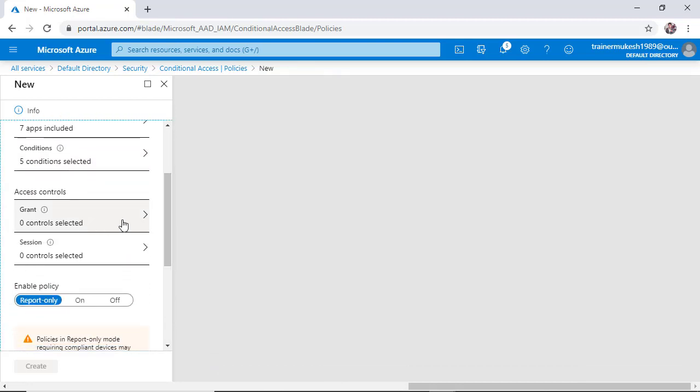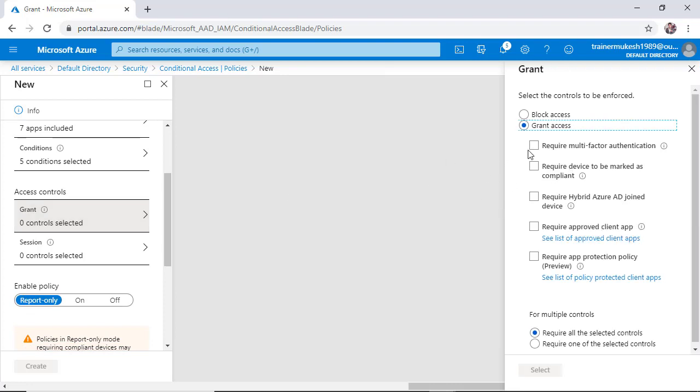Access control. You have a choice right now. If there is a sign in risk, then you can simply block the access, or you can go to grant access, but at least he should have required multi-factor authentication, or require hybrid AD joined device, or any one of the following.